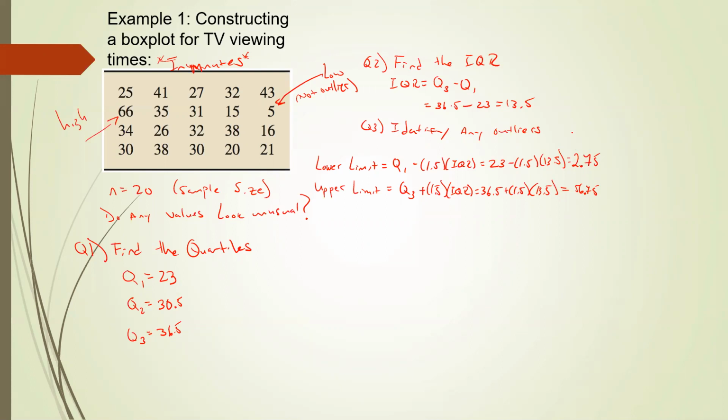Okay, so now look at your data set. Is there any value above 56.75? Yeah, okay. So that means that 66 is an outlier. 66 is an outlier. Now that we have an outlier, we have the quartiles. Question number 4 is, let's sketch the box plot